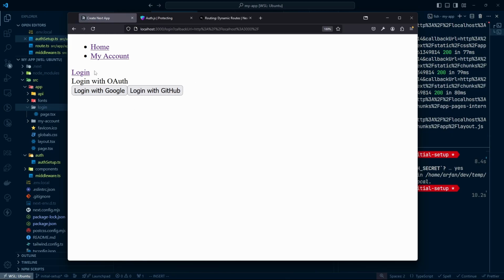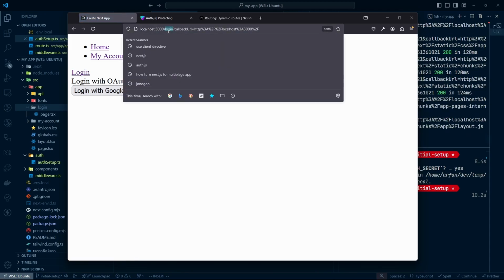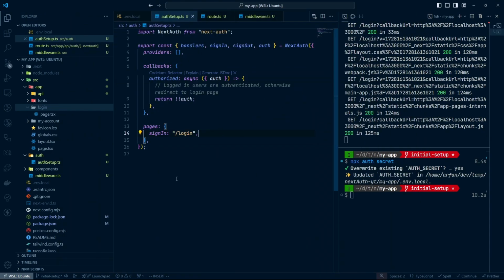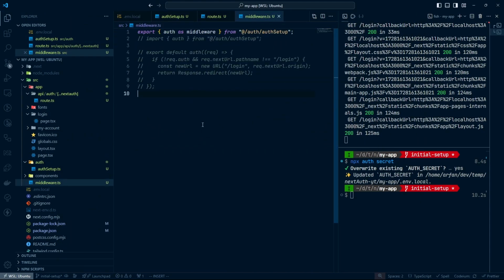you can see I have the content of our login page. The content is the login with Google and the login with GitHub, which means it is redirecting us to the login page. But the problem is that we are not having any kind of CSS here, because Auth.js is running this middleware in all the routes that are available,